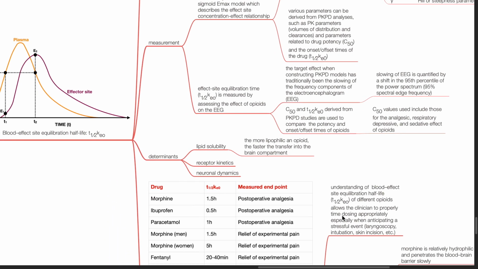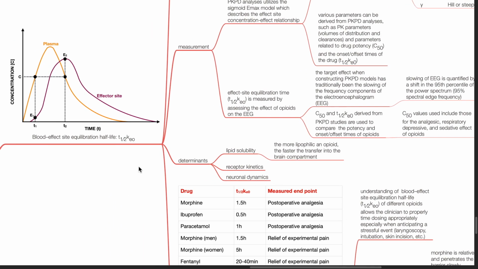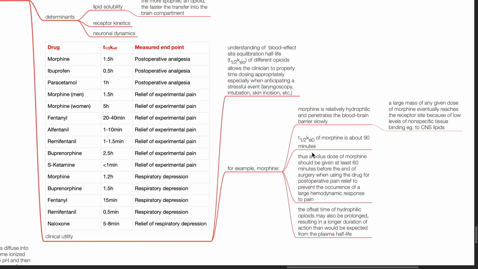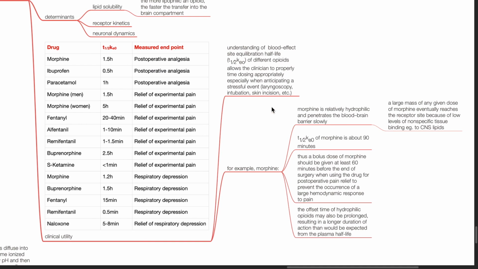Determinants of the blood effect site equilibration half-life include lipid solubility, receptor kinetics, and neuronal dynamics. The more lipophilic an opioid, the faster the transfer into the brain. Clinical utility: understanding the blood effect site equilibration half-life of different opioids allows the clinician to time dosing appropriately, especially when anticipating a stressful event, such as laryngoscopy, intubation, and skin incision. For example,